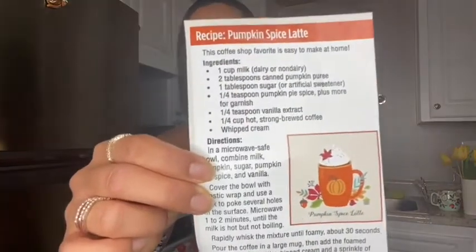All right, so today I'm gonna be making a pumpkin spice latte from a recipe that I got from my apartment. They send out these really cool flyers every month and it has recipes and all these really fun little